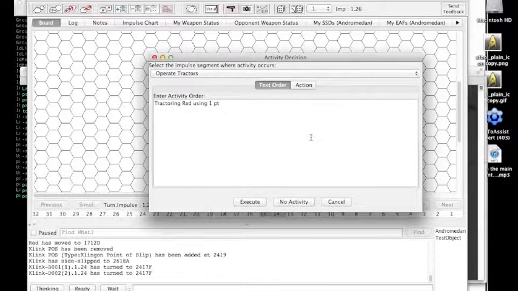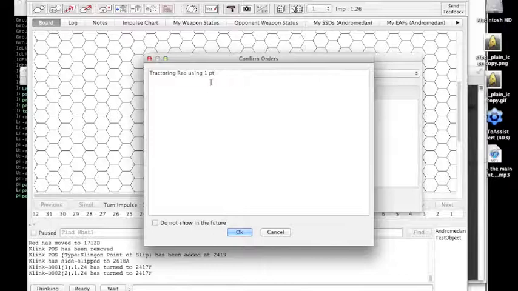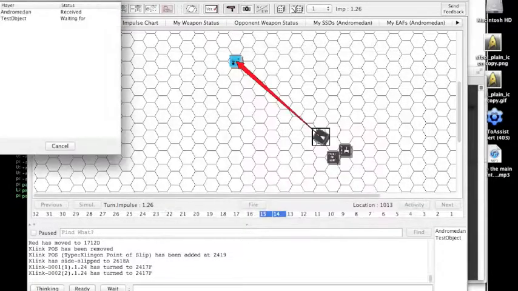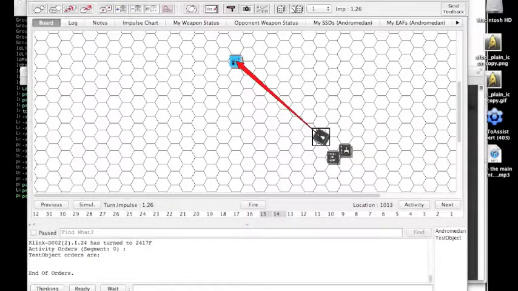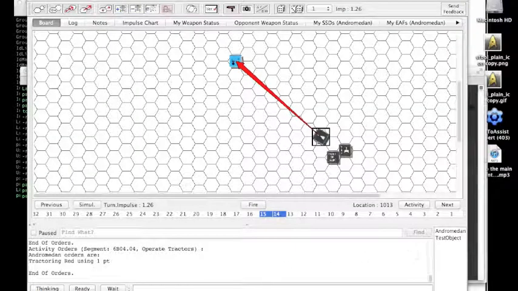Currently, there's no automated way of doing a tractor auction. You have to say, okay, tractoring using 1 point. That's exactly what I want to do. Wait for the opponent to respond. Okay, you see, tractoring red using 1 point. And that's where you have the tractor auction. And he says